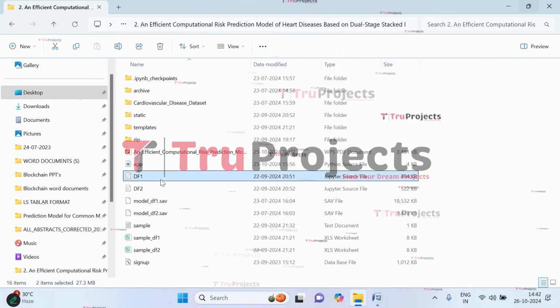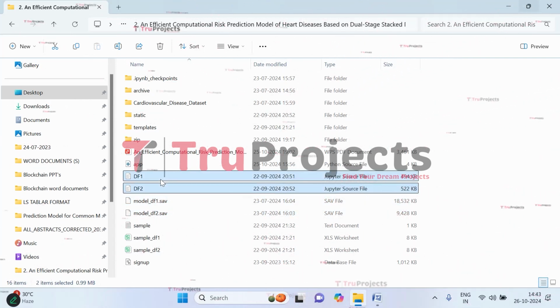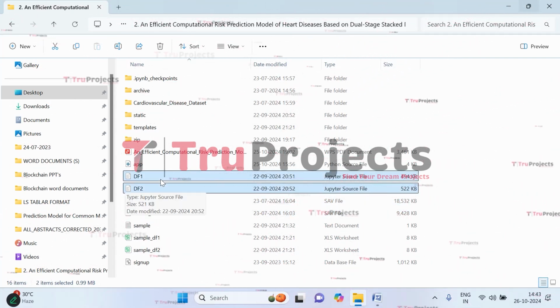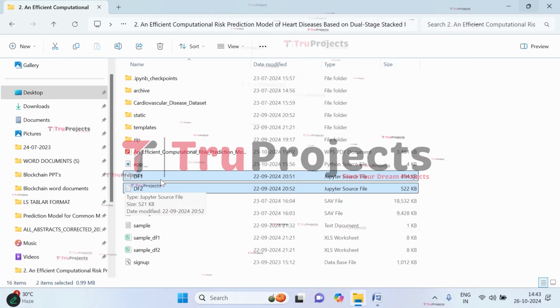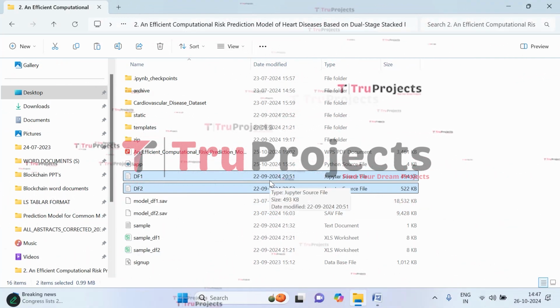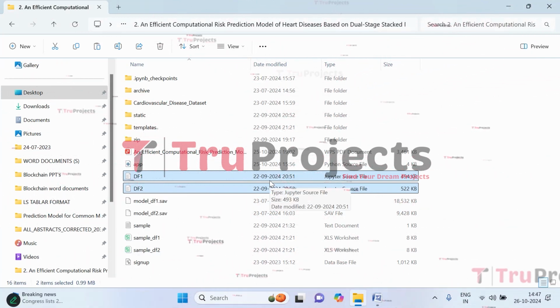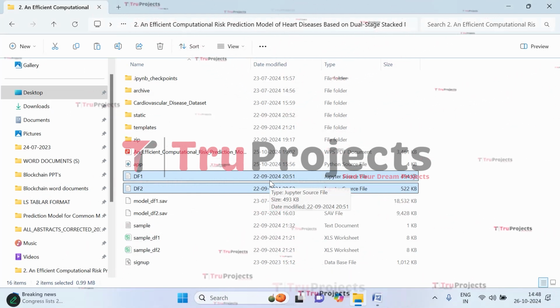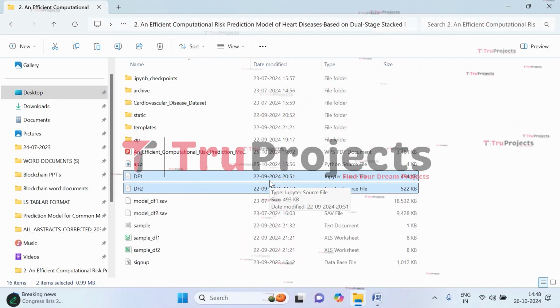And here we have two notebook files which are the Jupyter notebook files. So these Jupyter Notebook files contain the combination of code, graphs, and outputs all in one place. It allows users to write and execute code in individual cells, making it the popular choice